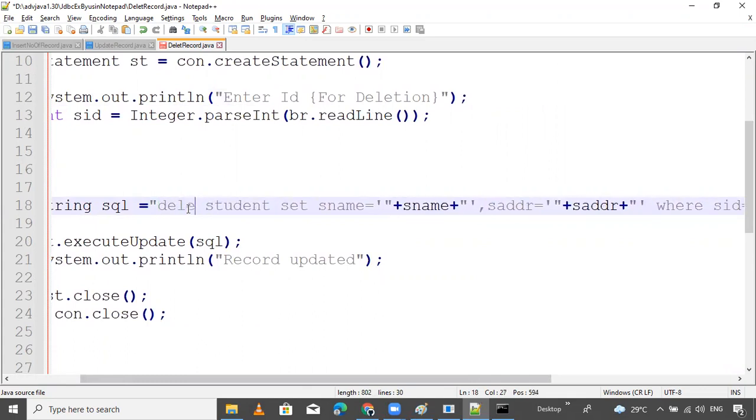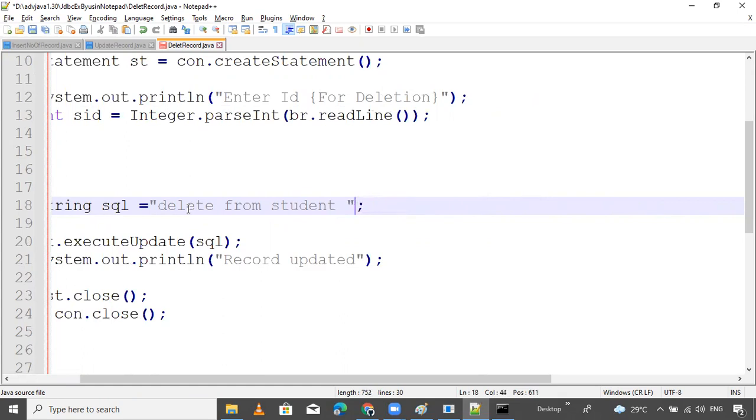What is that query? Delete from student. Which table do I want to delete from? Delete from student.